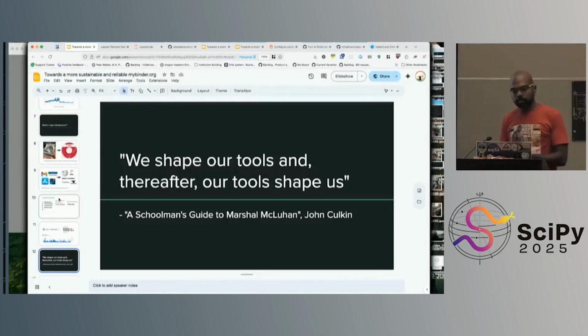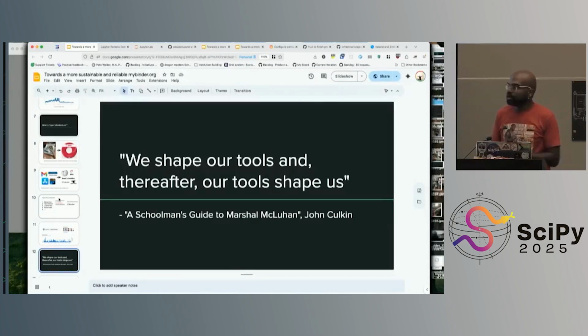So I love this quote. This is from a response to Marshall McLuhan's "the medium is the massage," which is we shape our tools and thereafter our tools shape us, right? And so to me, this is why it's important to do this. This is why it's important to contribute to open source. It's important to use open source tools, not at personal cost to oneself, right? Again, you have to have perspective. We don't want to end up in a purity spiral situation.